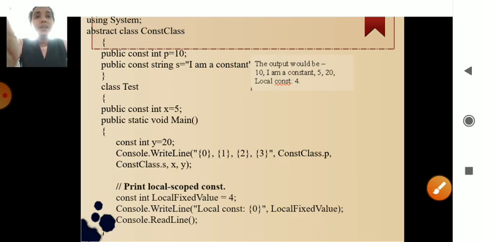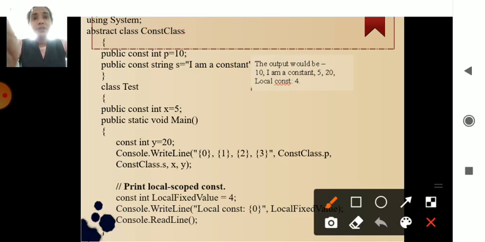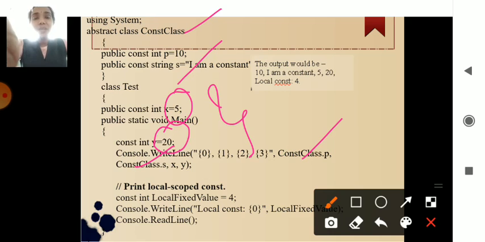In the ConstClass, s is referred, first p, then s. Then we consider the x value, then the y value. Here it is not specified with the class name, because it is within this particular scope, within this class.